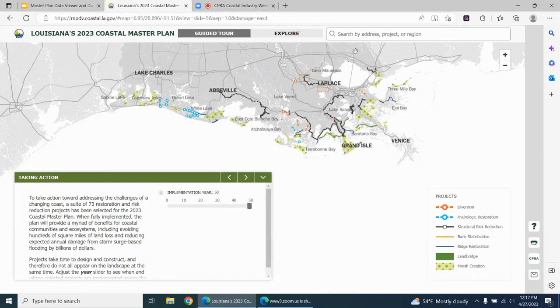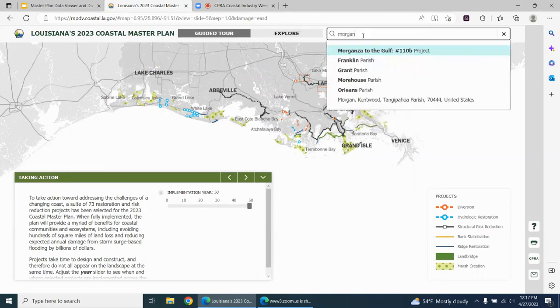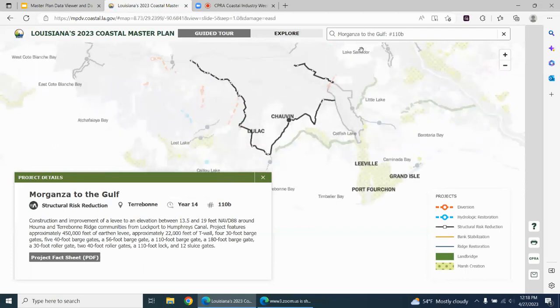We also have some other functionality, including the ability, if you know a particular project that you're interested in, to use the search functionality to search for that project. You'll be zoomed in to that project. You can see the other projects that are around it. You'll have a navigation pane that gives you information about that project, including the region that it's in,